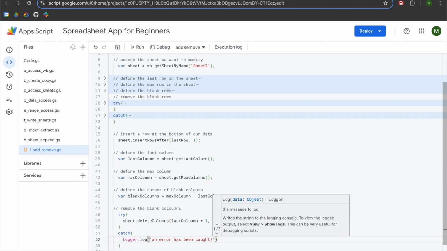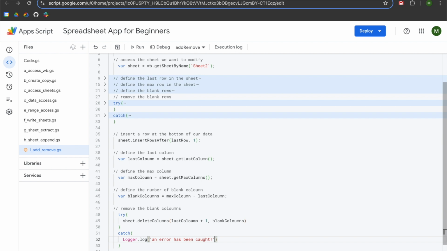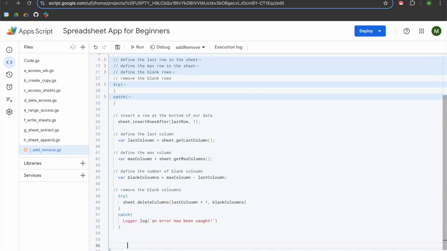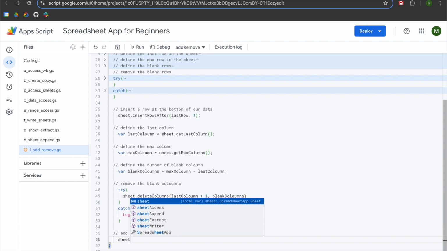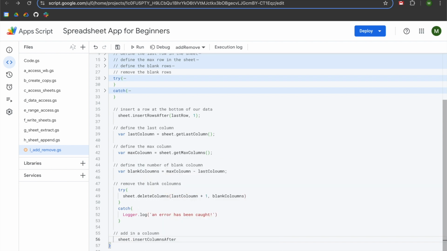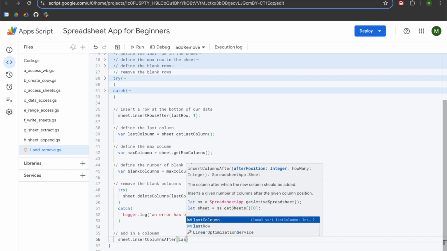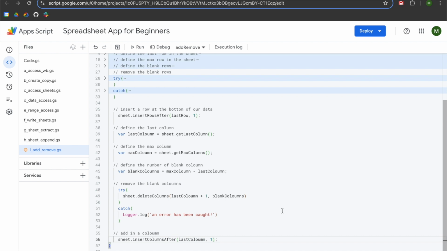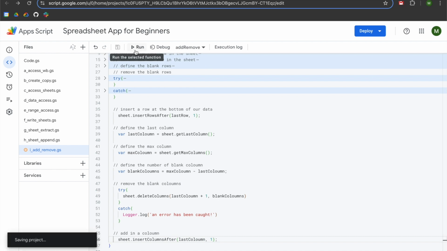Hit the down arrow, hit the right arrow twice, hit the down arrow twice, hit enter once, hit the left arrow on your keyboard 4 times, 2 slashes for a comment, and now we will add in a column. We'll hit enter and tab. We'll do sheet.insert columns after, open parentheses, last column, comma 1, hit the right arrow, add a semicolon, save your project, and